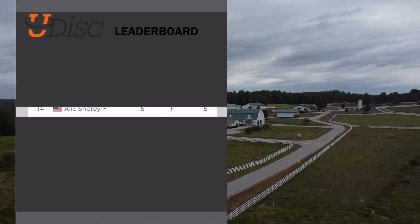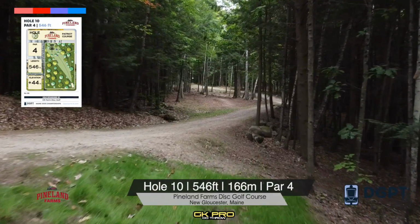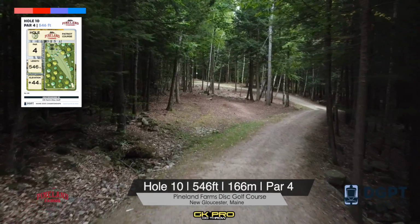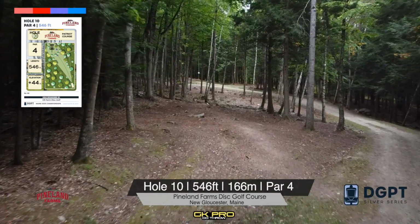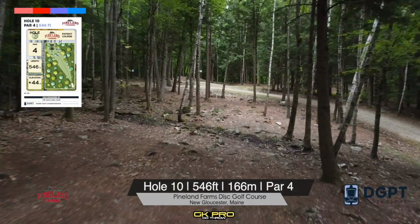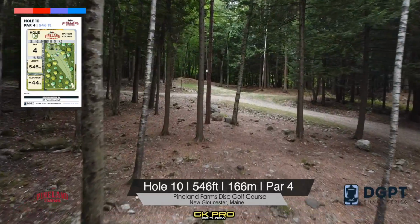See some of the scores here from earlier in the day. And moving on to hole number 10. This is a really tricky par 4. The tee shot is very demanding. You have to throw very high power, kind of stand up hyzer, preferably down this right gap with a soft fade. Landing anywhere on these cross section of roads will set you up in great position to have a shot